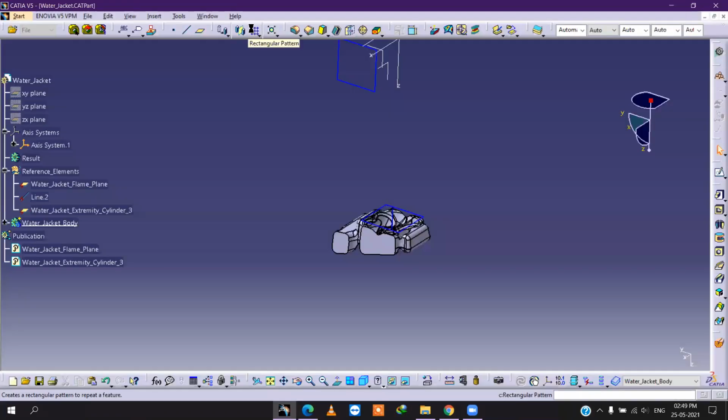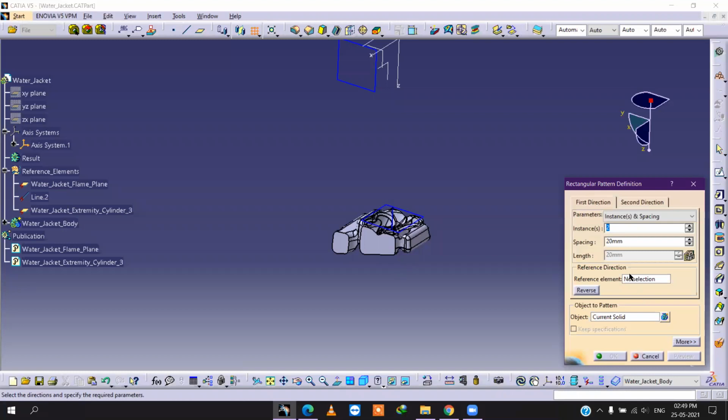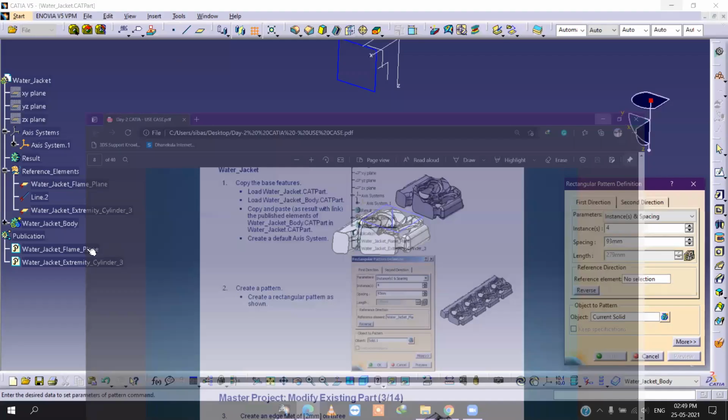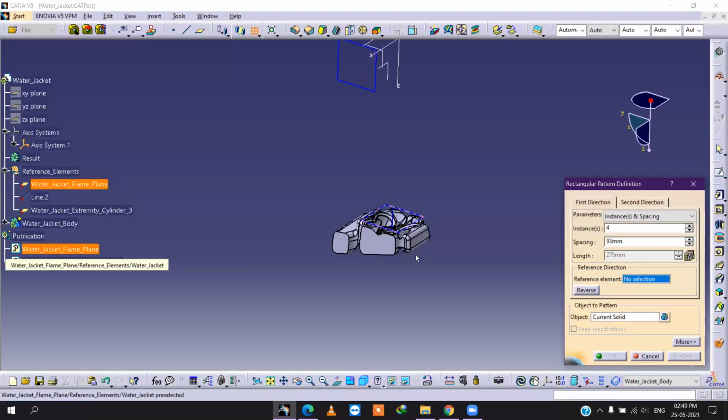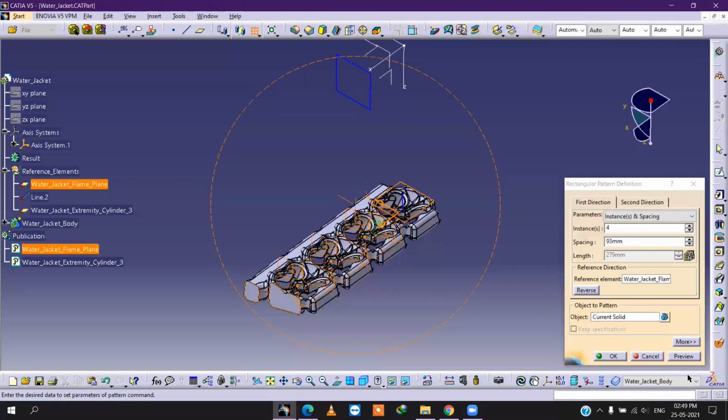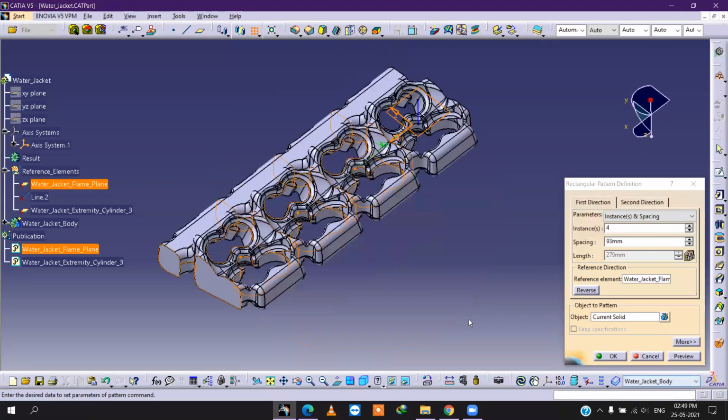We have to select this one, and instances will be 4, spacing will be 93, reference element will be water jacket frame plane. Okay, go to preview. See, 4 created.